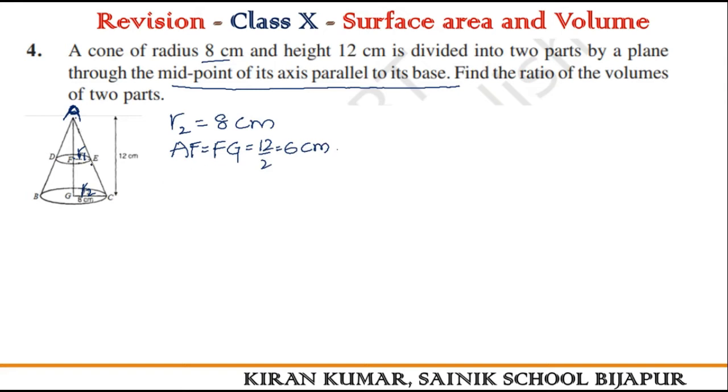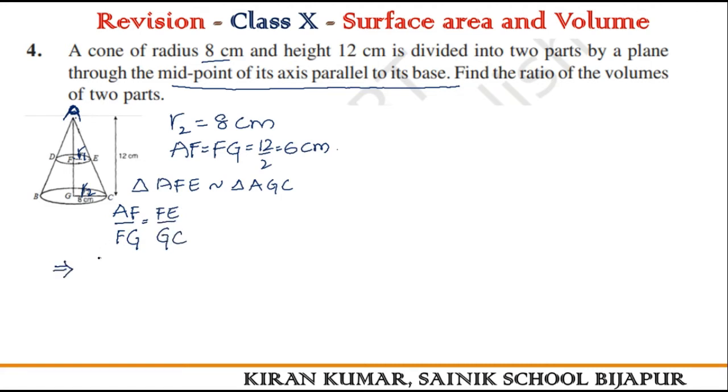If you observe the triangles, triangle AFE will be similar to the triangle AGC because they will be having one common angle and the corresponding angles are equal since FE is parallel to GC. So triangles will be similar. Once the triangles are similar, we can write their corresponding sides as proportion. AF by FG will be equal to FE by GC.